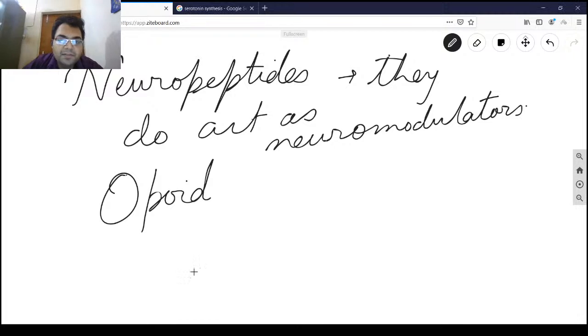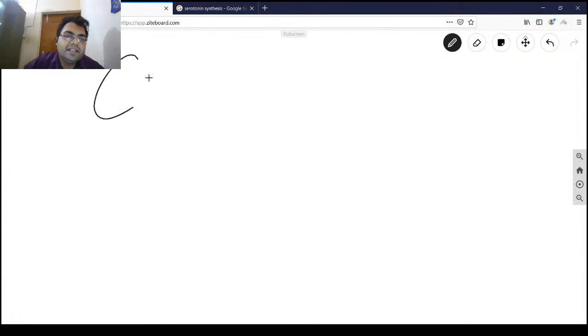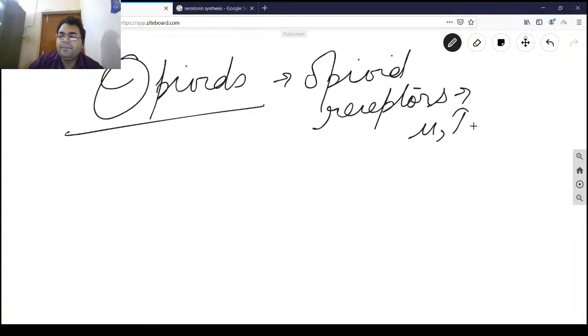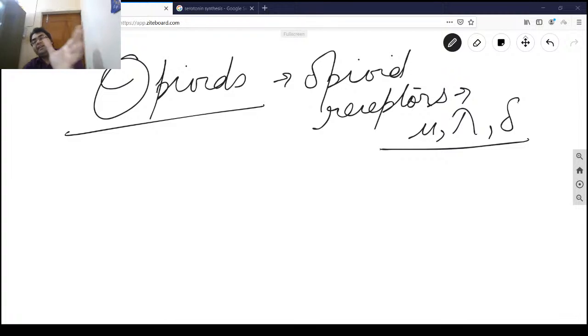So we do have opioid receptors in our brain. No need to remember it, I'm just writing for your knowledge. There are specific opioid receptors. There are three types, okay? Mu, lambda, and delta. There are three types of opioid receptors in the brain. The opioid receptors are responsible for binding to the opioids which are synthesized by the human brain, and also the artificial opioids like